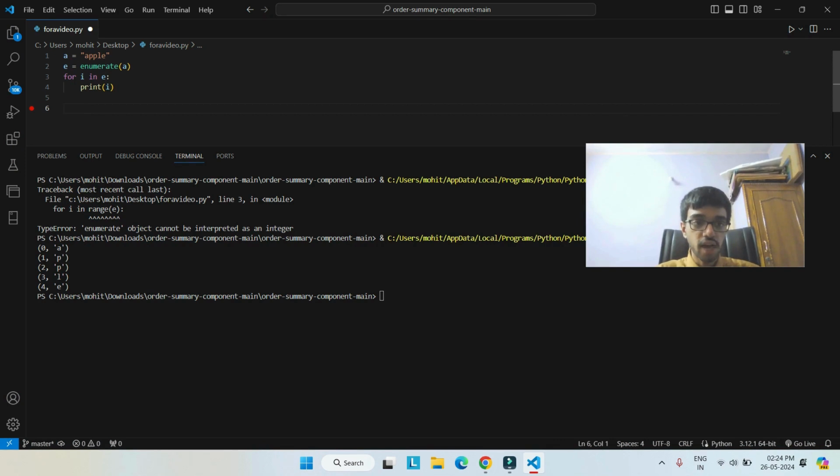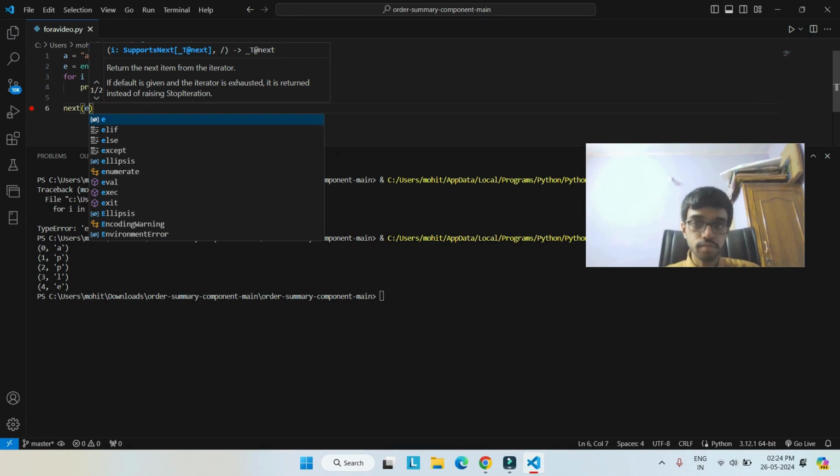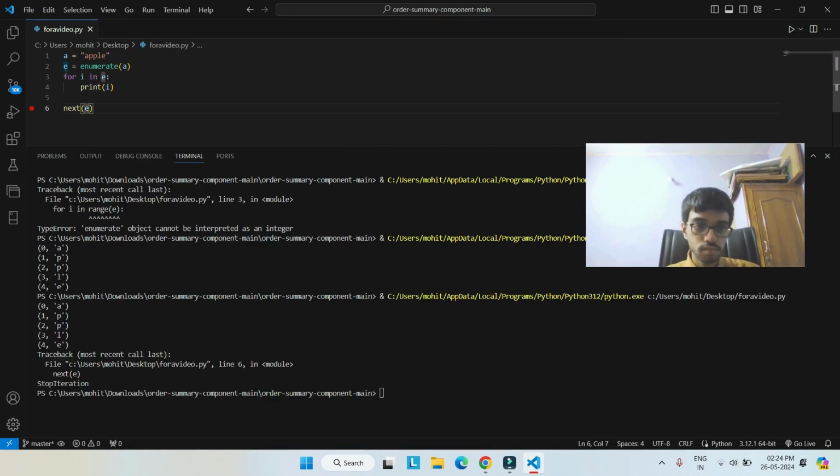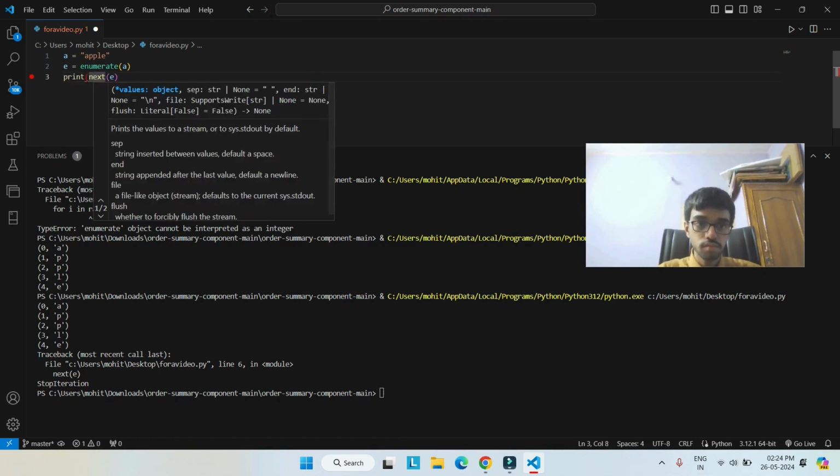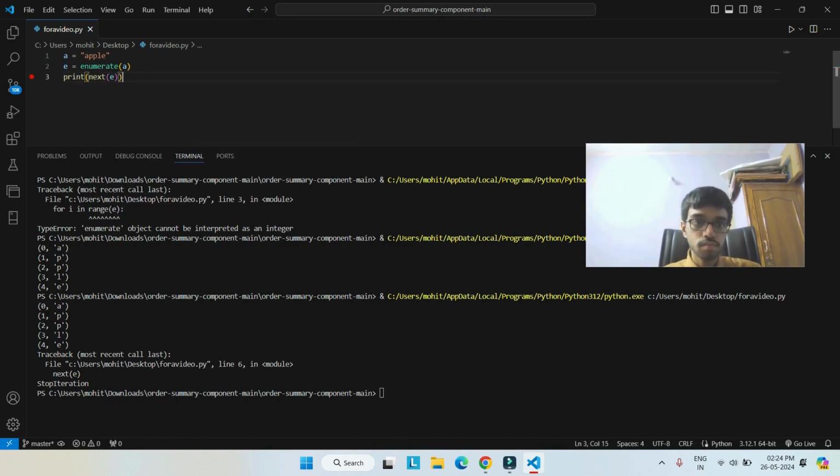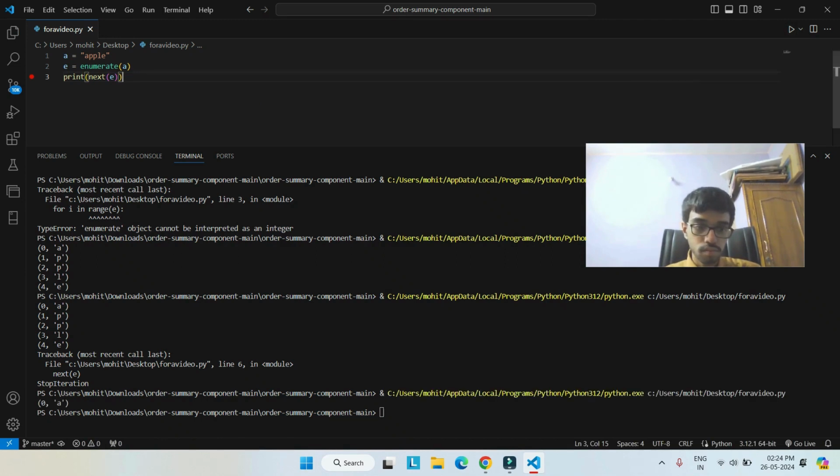There is another function you would also have to know, which is called the next function. Unlike the enumeration function, which if looped will give the entire list of split values along with the index, the next function gives only one of such values or entries.